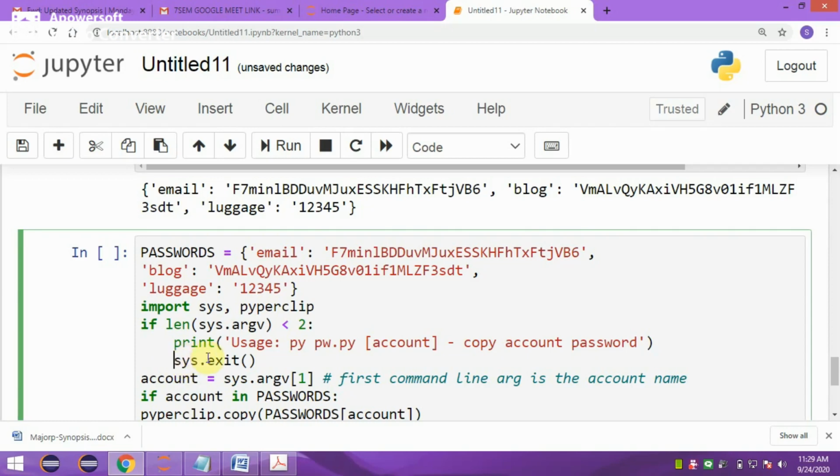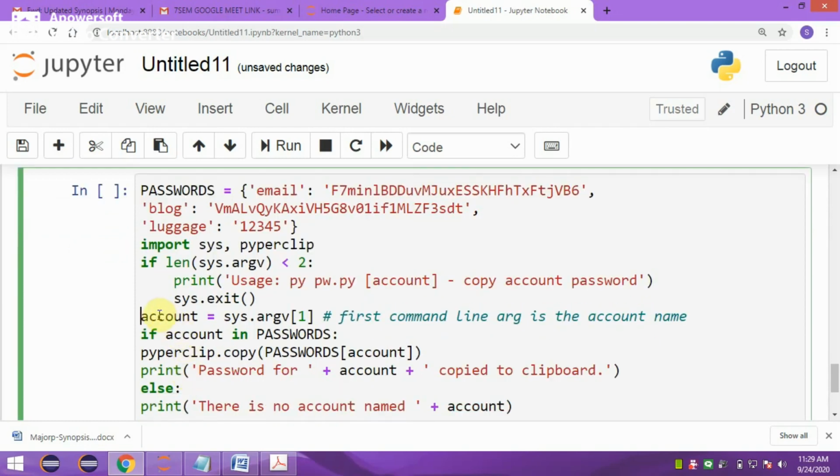If the number of command line arguments is given properly, if it is equal to 2 or greater than 2, then this statement will work. Which statement? account equals sys.argv[1]. What does it do? You know that the second argument is the account name.